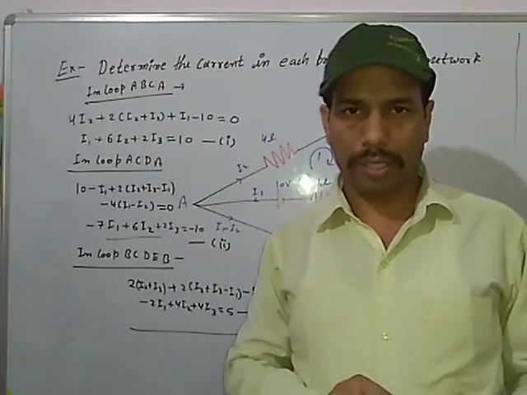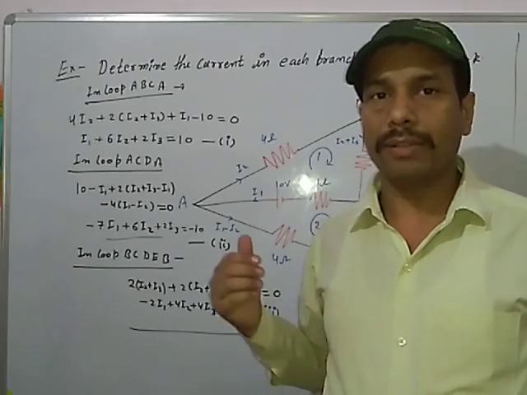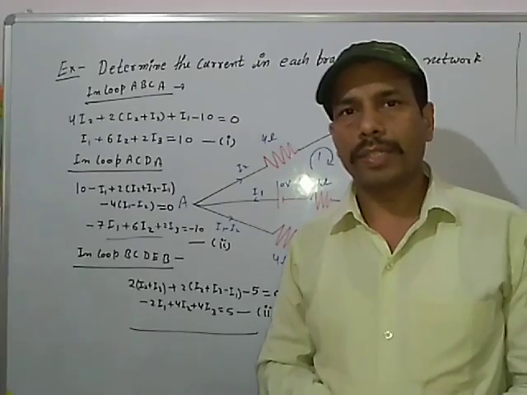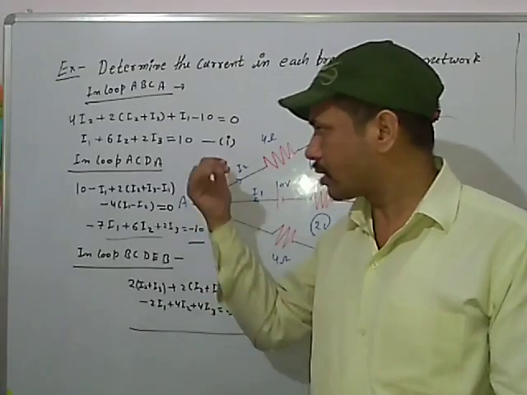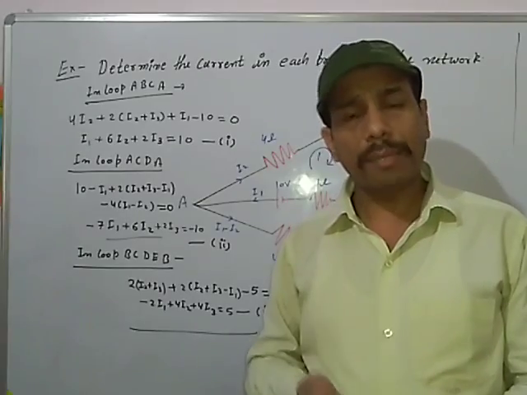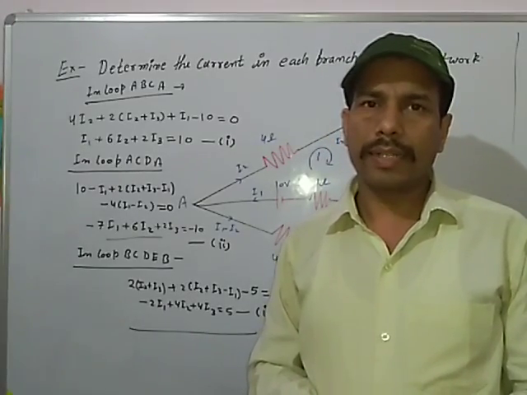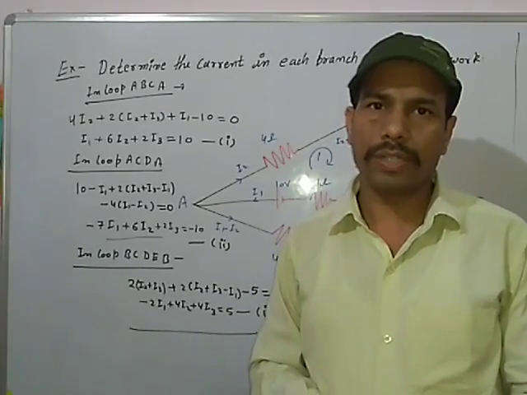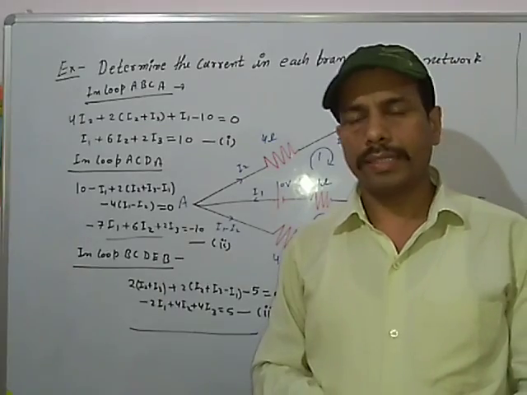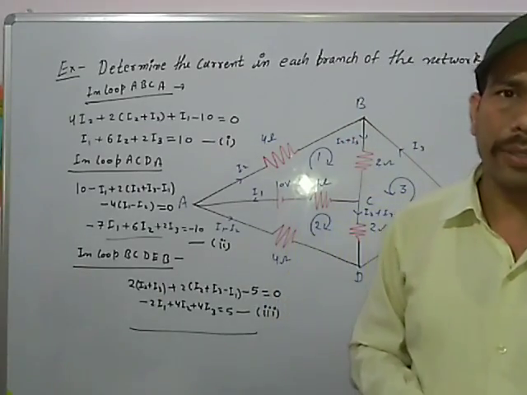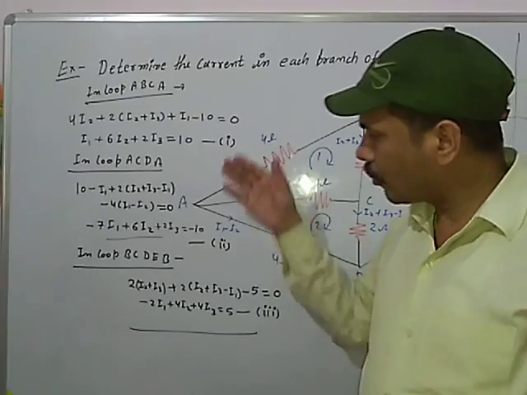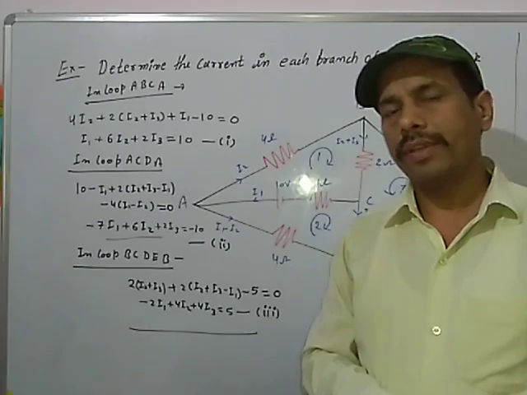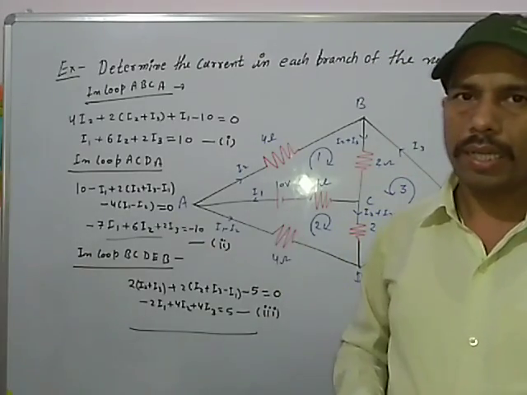You can solve equation number 1 and 2 by the elimination method, by eliminating one variable. Suppose I1 is eliminated, I2 and I3 remain. Now we take the third and first, second and third equations, and eliminate the same I1 from them. Then we got equation number 4 and 5. After simplification of these two equations, we can get the values of I2 and I3. And after substituting these values in any of these equations, we can calculate the value of I1 also. In this way, we can obtain the current in each branch of the network.